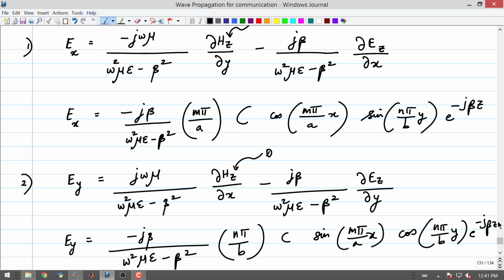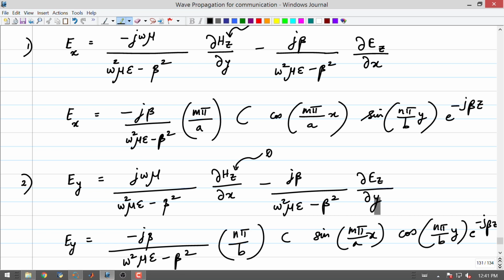You could have a look at the expressions now. Hz is 0, in the way we have formulated. Suppose Ez becomes equal to 0, that could happen if m equal to 0 and n equal to 0. If that is the case, if you see the expression for Ex, it will become 0, Ey will become 0, which would mean that your magnetic fields will also start to become 0. Hz is not there, and then your Hx and Hy, everything will become 0, and then there will be no electromagnetic field components at all inside of the waveguide.